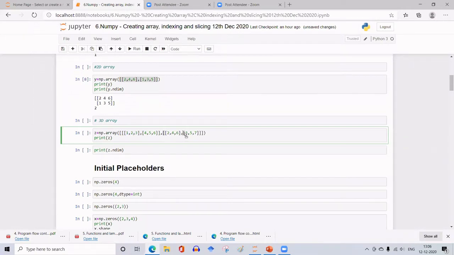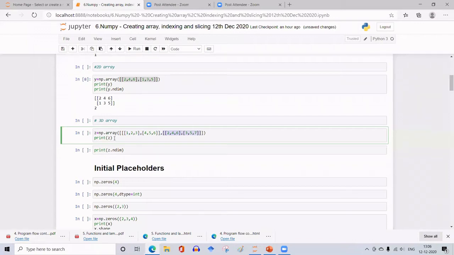See here, this is another 2D array having rows. First row 2, 4, 6. Second row 3, 4, 7. So this is a two-dimensional array, and they are stacked together to form a three-dimensional array.